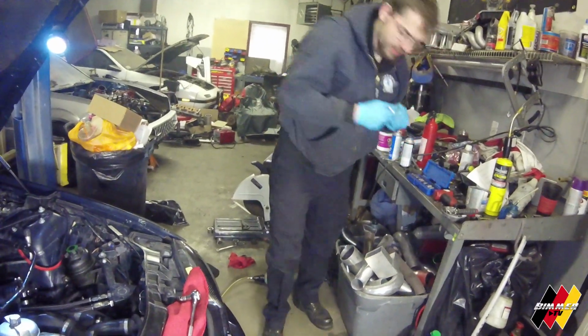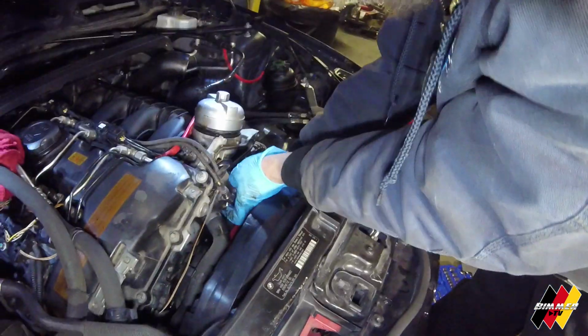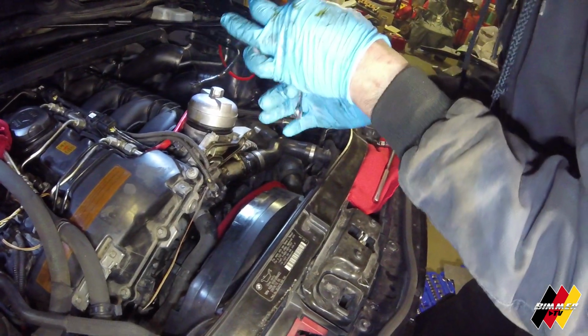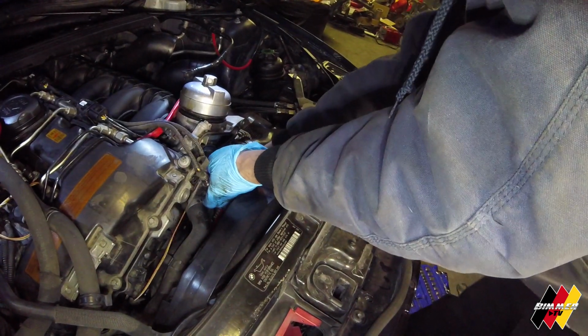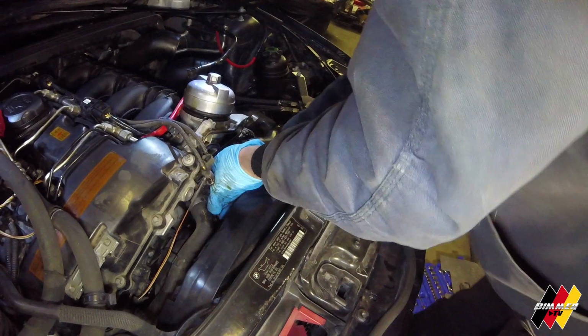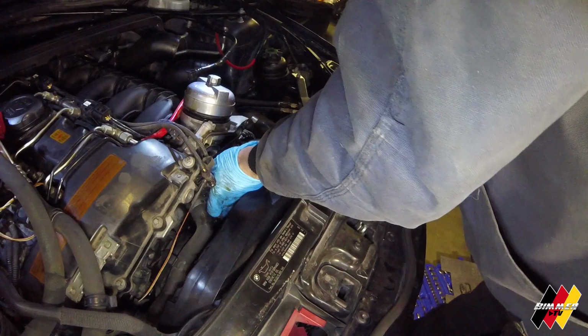We'll take an 8mm ratchet wrench and you put it on it. The 8mm will fit fine. Make sure you're going the right way first for loosen. So that's loosen. And you're probably only going to get about a half a turn on it. But once it breaks free,